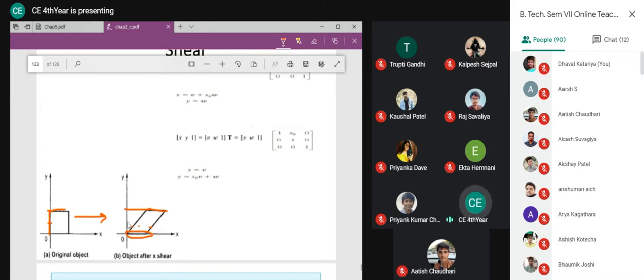The relative height is remaining. Y coordinate values are as they are. Y coordinate values are not changed. So if my old coordinates were v and w, and the new coordinates are x and y, what I want is y is equal to w. Why do I want it? Because here you can see that y coordinates are not changed. What is changed, if you see it properly? This x coordinate.